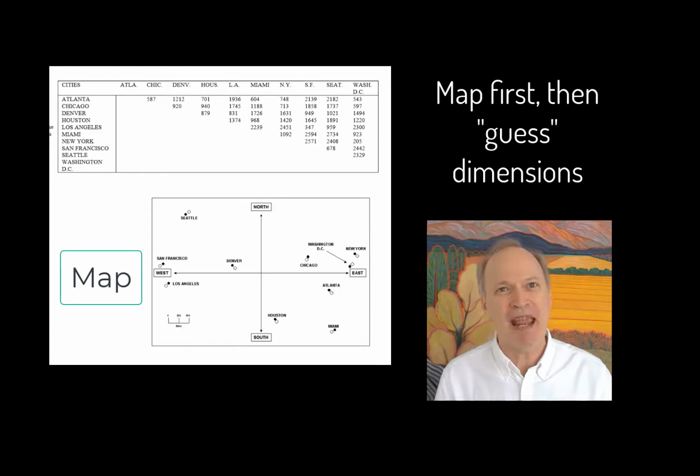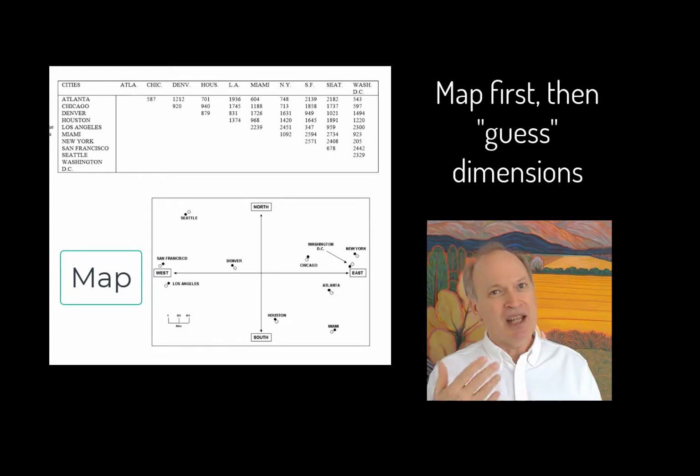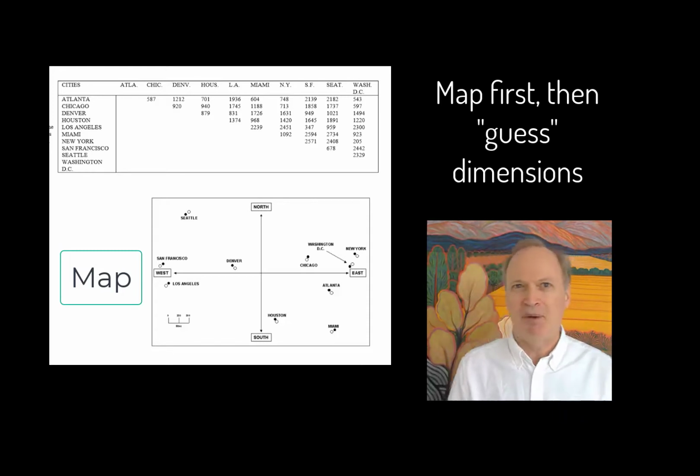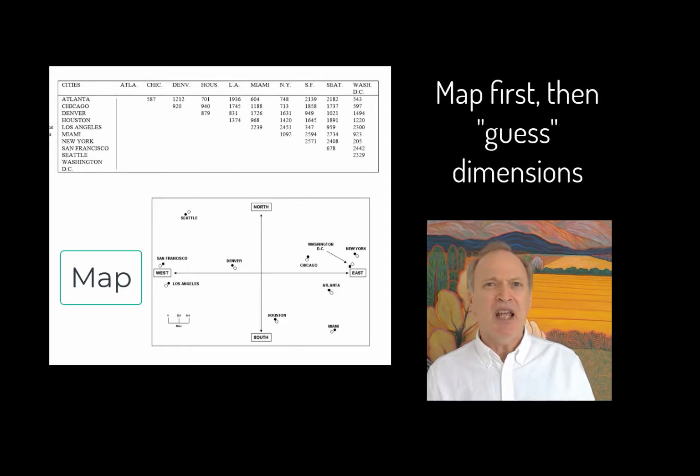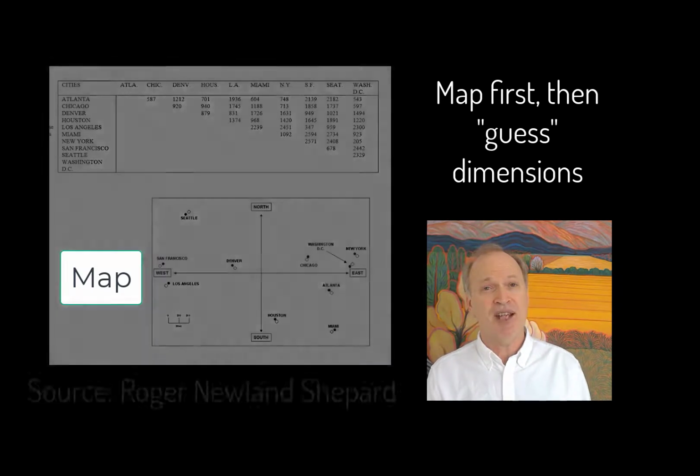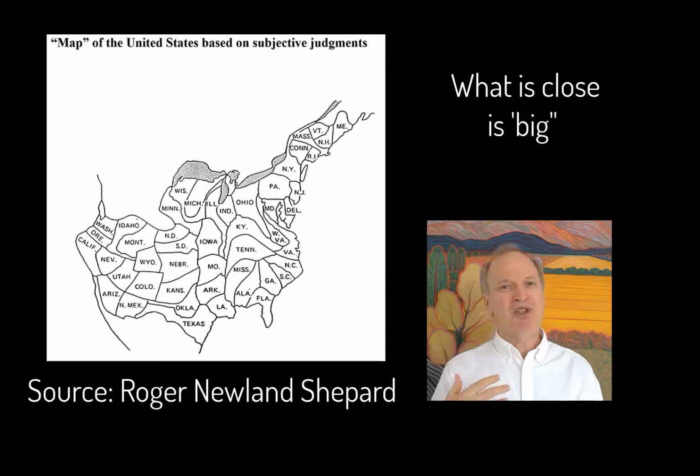And then we can debate what the maps are. Now, in the diagrams I'm showing you here, we've got maps of cities. The distance between Chicago and Atlanta is a little bit over 500 miles, almost 600 miles, right? If you took that and put it into a multidimensional scaling algorithm, it would produce a map of the United States. So in this map, Shepard shows us that people who live in Boston tend to see things near them